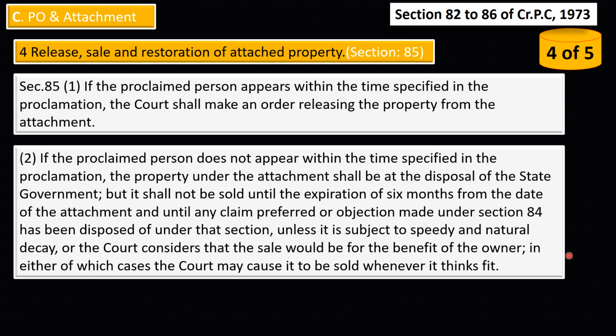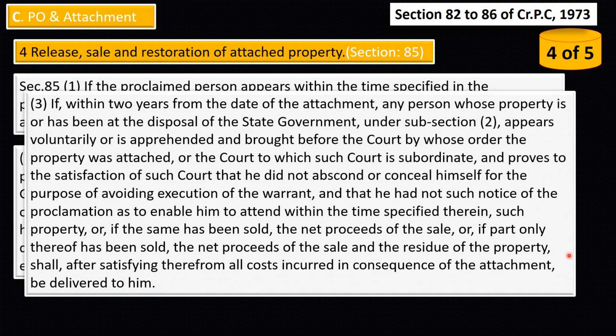Next is subsection 3 of section 85. It says that if within 2 years from the date of the attachment, any person whose property is or has been at the disposal of the state government under subsection 2 of section 85, which we have already covered, appears voluntarily or is apprehended and brought before the court by whose order the property was attached, or the court to which such court is subordinate, and proves to the satisfaction of such court that he did not abscond or conceal himself for the purpose of avoiding the execution of the warrant of arrest, and that he had not such notice of the proclamation